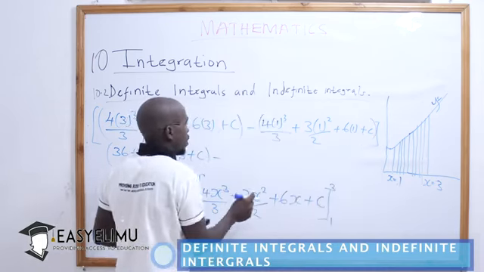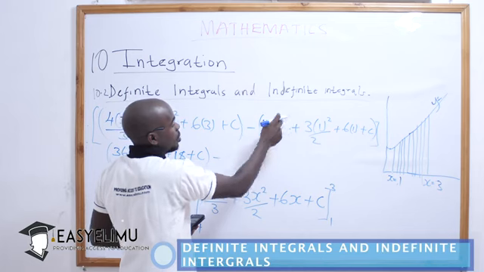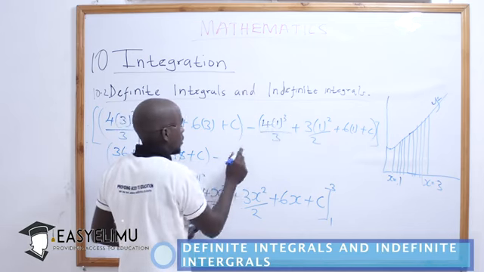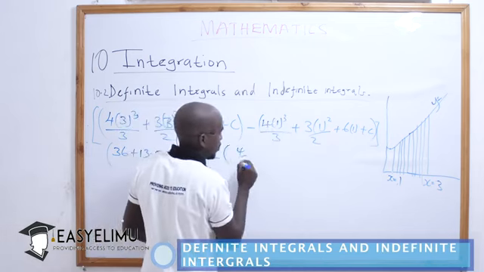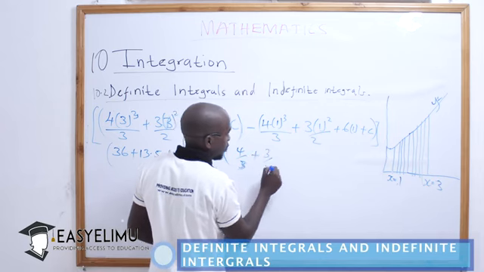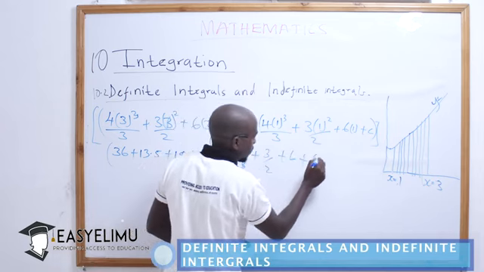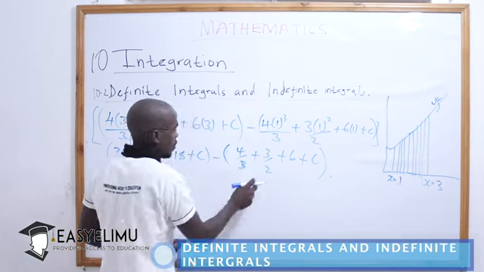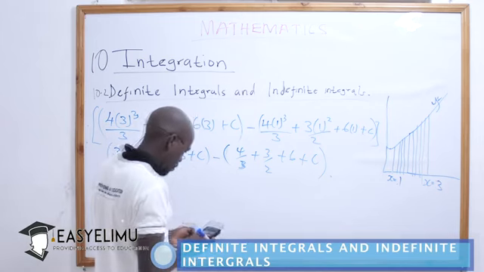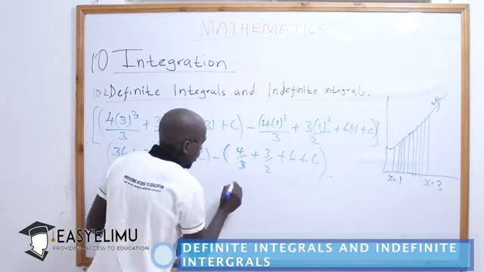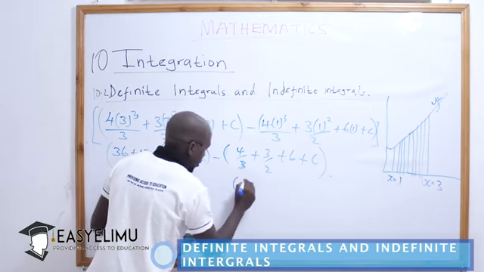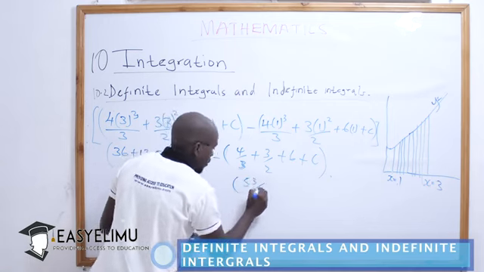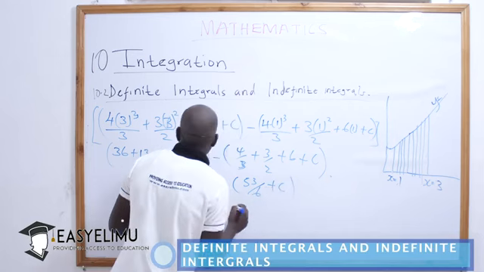Let's just open that bracket, so it will be 1 cubed is 1, 4 over 3 plus 3 over 2 plus 6 plus c. So on addition of this, I'm getting in the bracket 53 over 6 plus c, and here